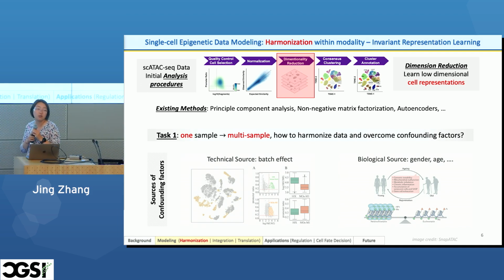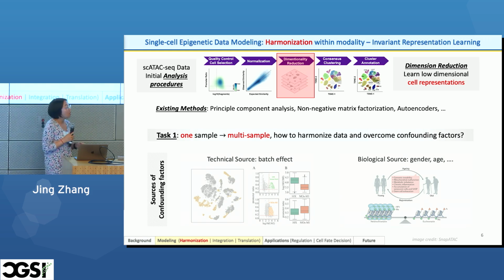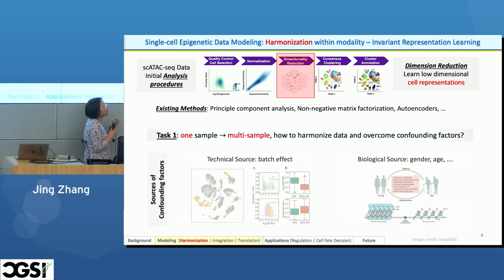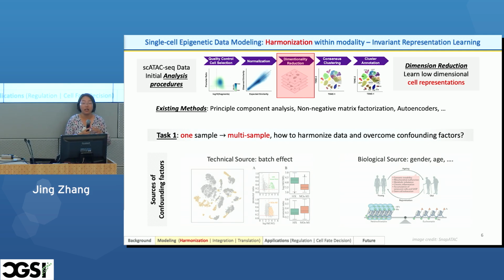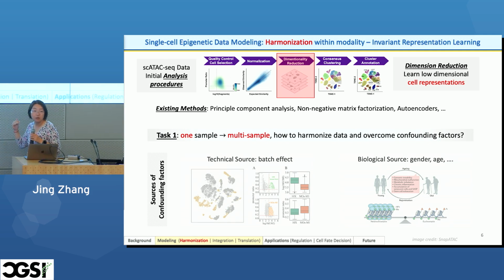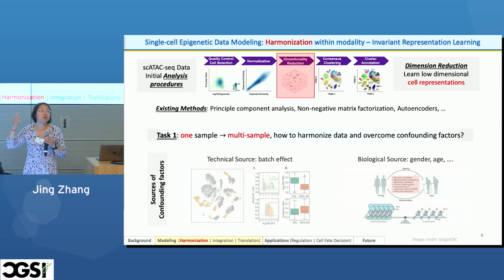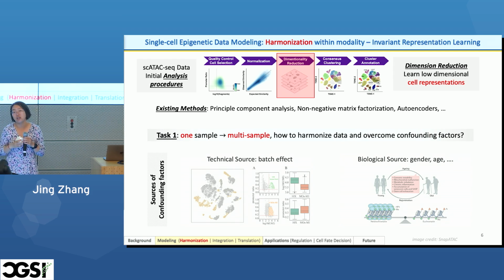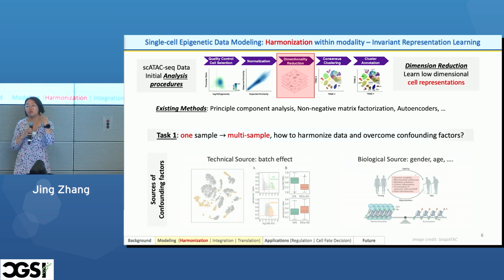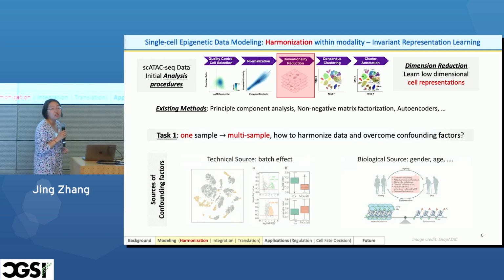It's easy for us to analyze the data. Actually, that is not the case, because we know there are many natural confounding factors that can impact the harmonization of such data. For instance, as we are aging, our chromatin gets looser and looser. So samples with different ages, their accessibility profiles look very different from each other.